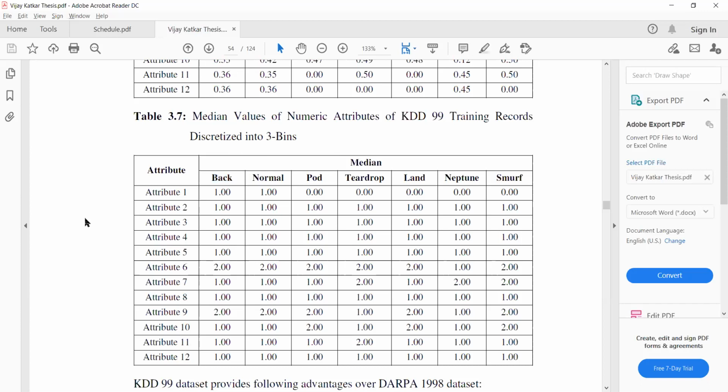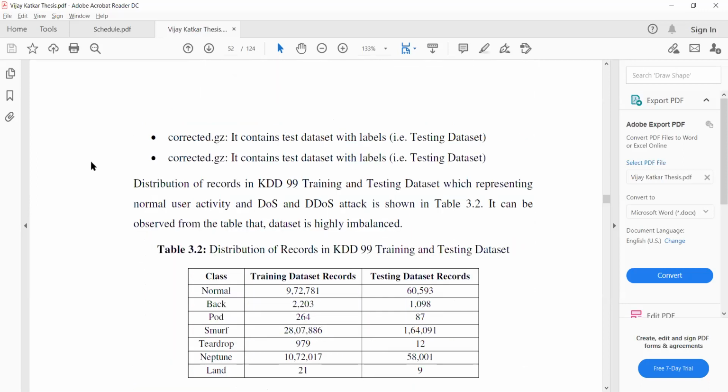I answered yesterday that the accuracy for the back class is less as compared to the normal class because, one, the attributes are almost similar, and my second point was from here. For the normal class, there are 9,72,000 records in the training data set, and there are only 2,203 records for the back class.